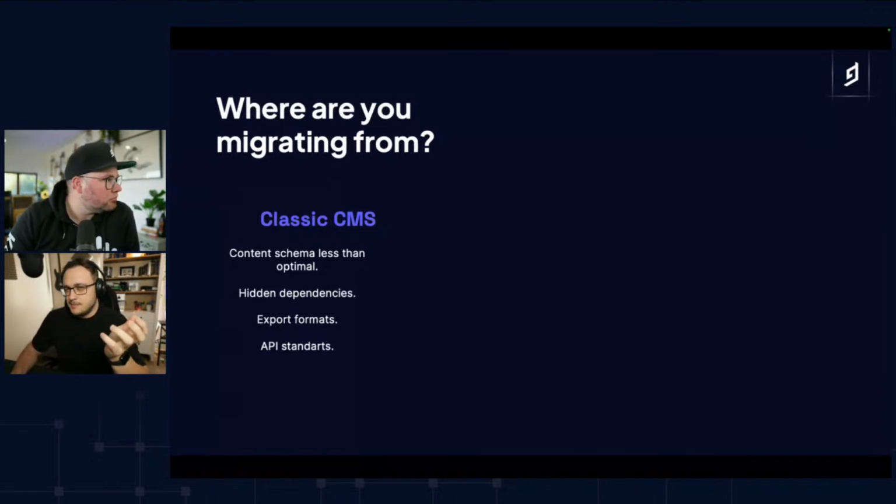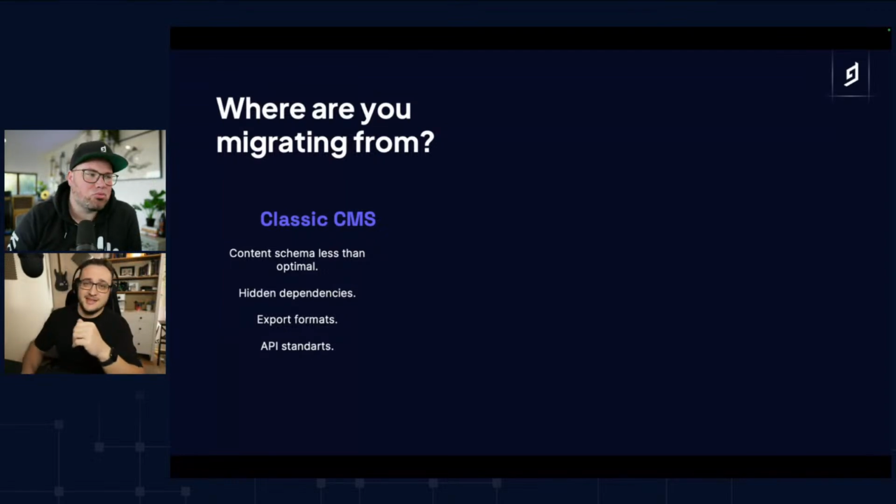The export formats might be weird, so you might need to translate that somehow. And then the API standards might be even non-existent. Like Jamie wrote about the XML thing. If you have XML, you're a lucky guy. I've seen stuff that will... Then you can do horrible